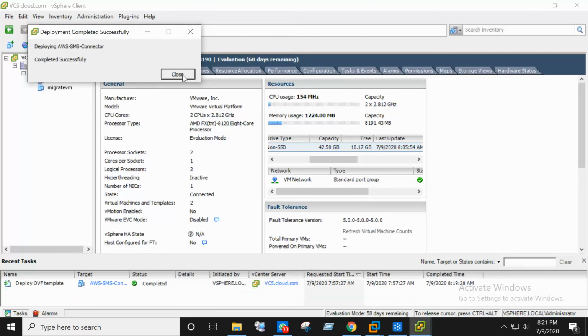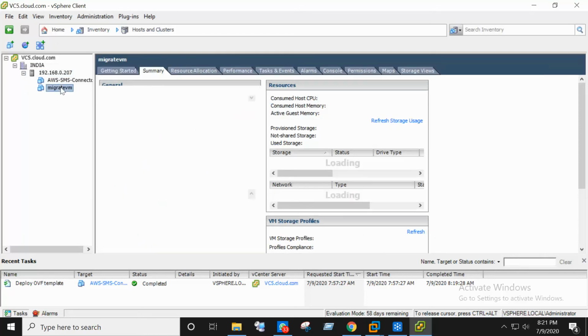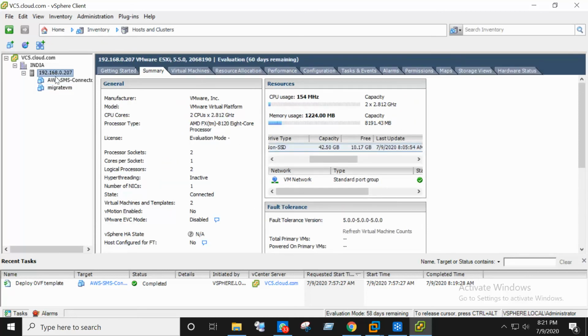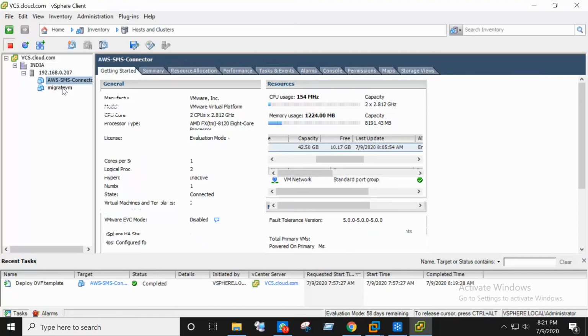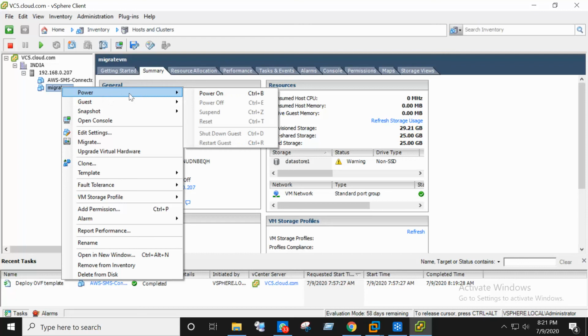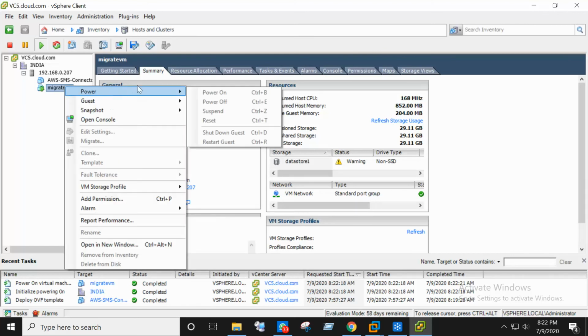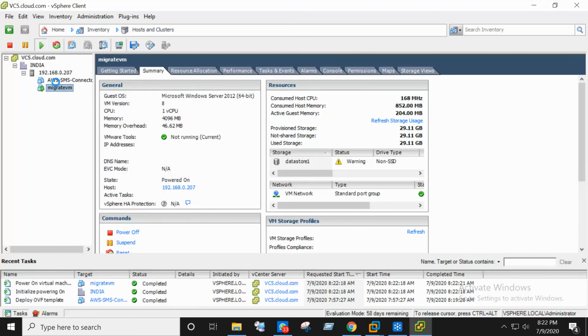Hi, guys, I'm back. So, successfully imported. I don't have any issues now. Now we have to check how much storage is left. Is 10 GB free now? Right. So let's start the migrate VM first. Sorry, not migrate VM. It's the connector, right? I need to start the connector.